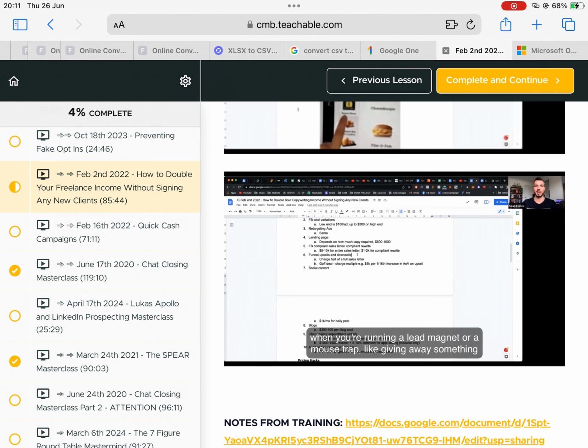And you're acquiring them for free instead of paying $5 a lead, $10 a lead when you're running a lead magnet or a mousetrap, where I'm giving away something for free, like my cheat sheet, in exchange for an email. That's crazy. If you can be that person, or even just make money on the front end, that's so scalable. You can easily scale that up to $5 grand a day, $10 grand a day in ad spend, and that's just how you make millions super quickly. If you can be that person, you're going to be a hero to your client.